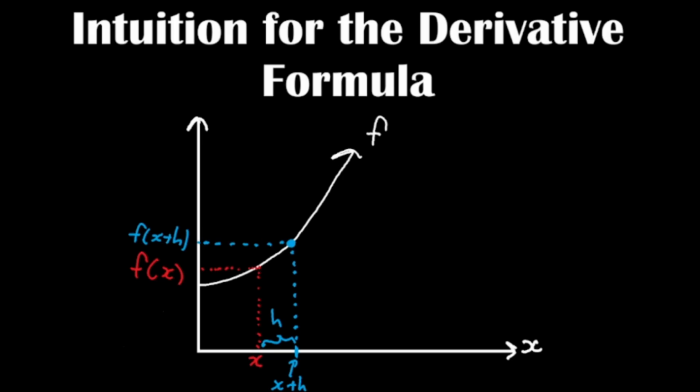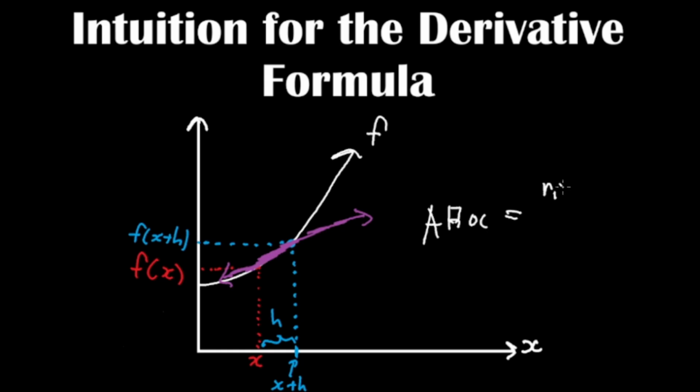Alright, so now, if you notice, you can think of the slope of the line that connects these 2 points, or the average rate of change between these 2 points. So, if you think of connecting those 2 points, the average rate of change,